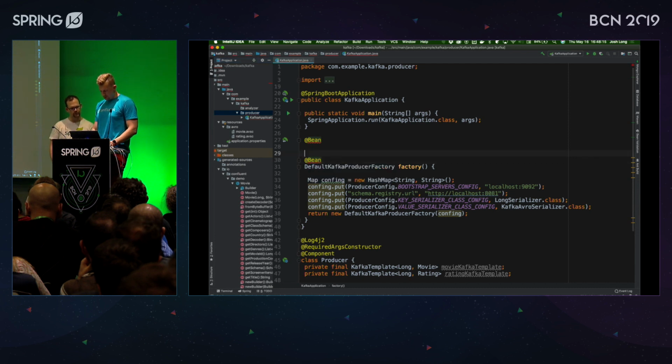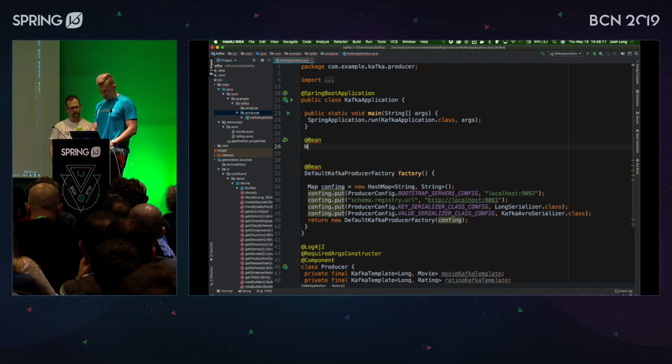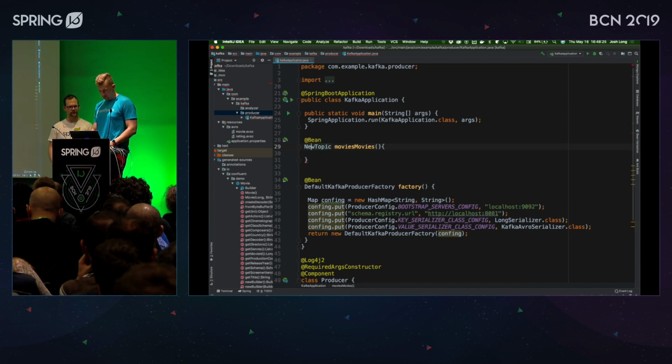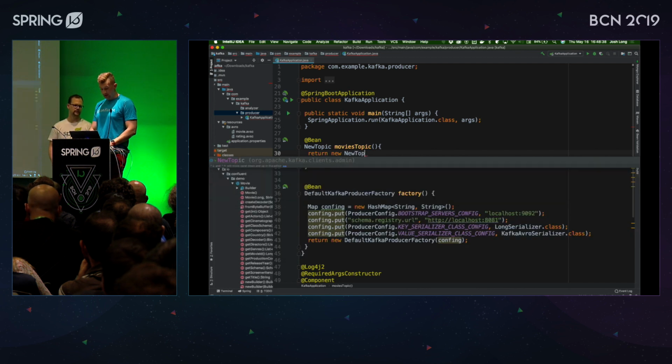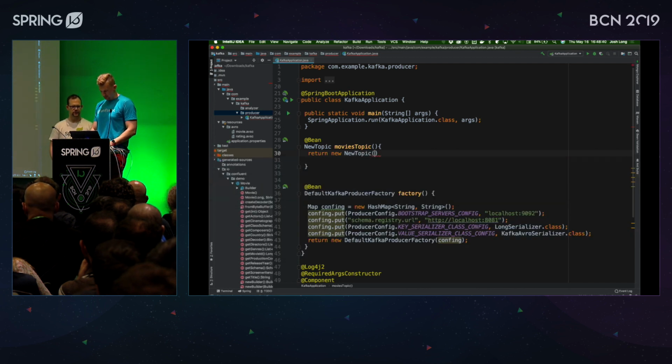I think I missed a bean. Okay. There's a class NewTopic. If you weren't sure about what it is, it's NewTopic. A new topic. So it's very different from those old ones that JMS uses. Topic, and we do return new NewTopic. Oops. Again, I blame Kotlin because I just start typing things. So the topic name, we have this topic with the movies,